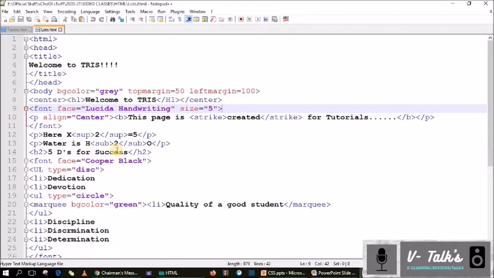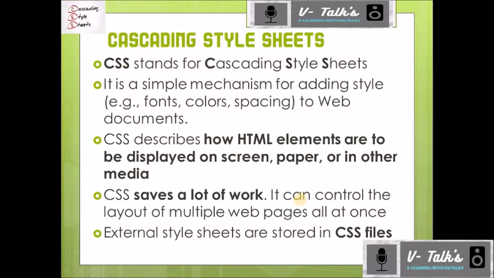So for that we will be creating CSS, cascading style sheets. It's actually a page created with the help of Notepad++. You can create that. Here the styles mean whatever common styles we are following in a web page. Whatever common styles we are following in all the web pages together, we can create in one single page, and the same page we can connect to our different pages.